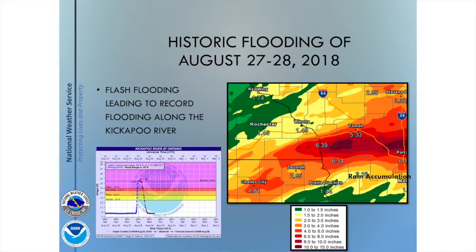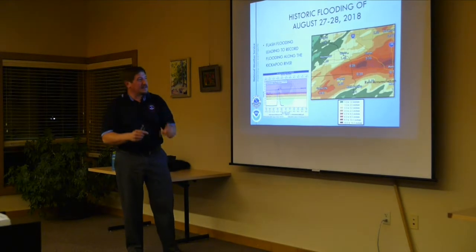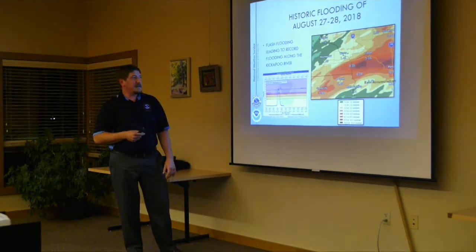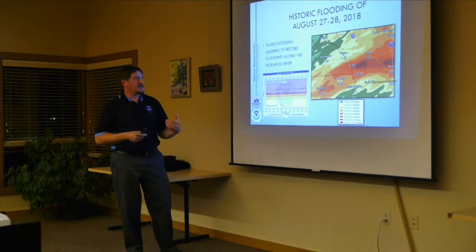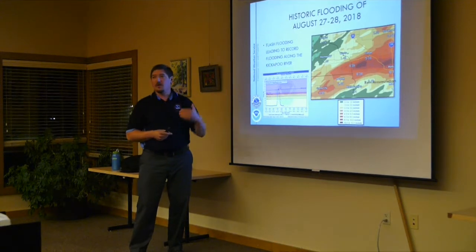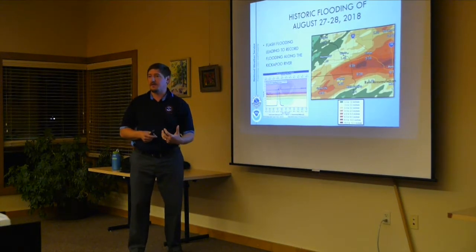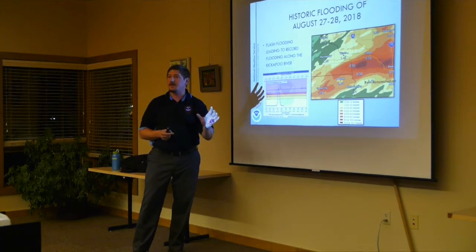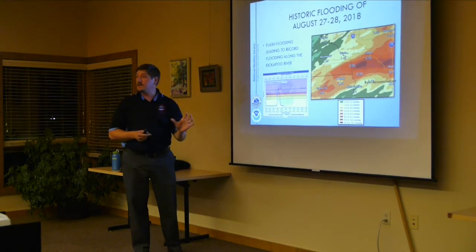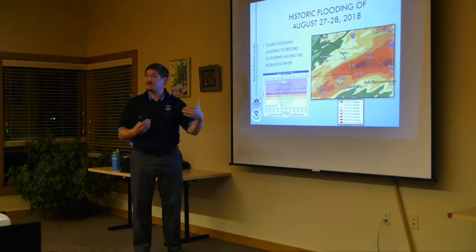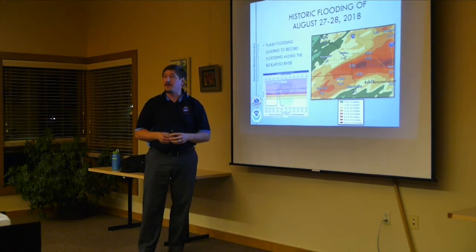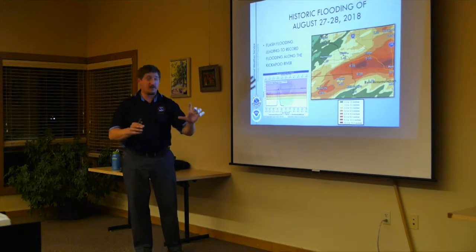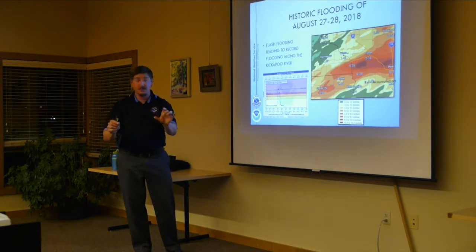We saw well over 8 inches. I believe it was upwards of 10 inches in some areas. There's not a rain gauge every square mile, which would be ideal to capture all that, but that's information that we're seeing. This was observed. We're getting radar estimated rainfall that time at the end of the night. Sometimes we do see that on automated gauges. We'll see how much rain has fallen, but a lot of that is being estimated by the radar, and then incorporating some of that rainfall gauge information.